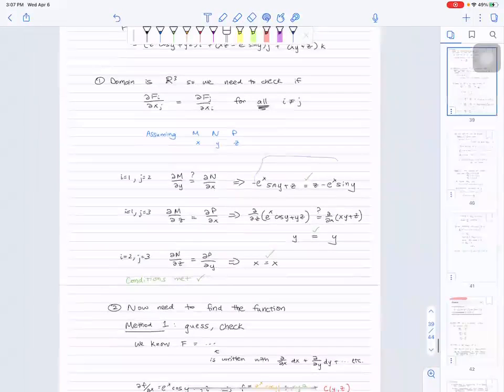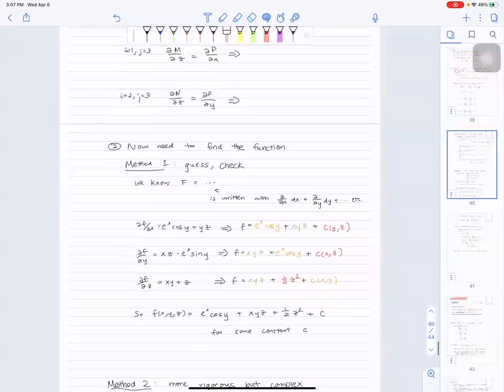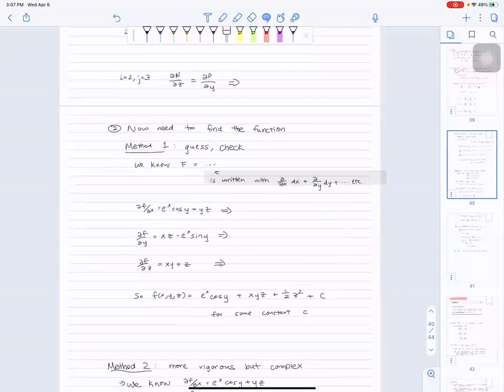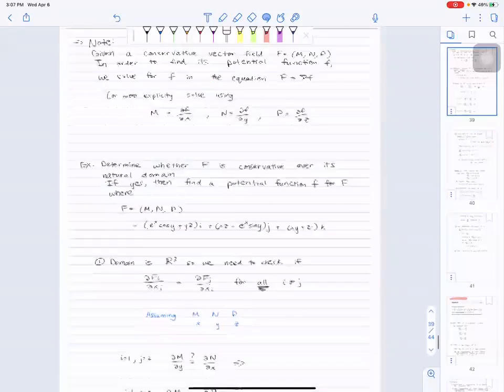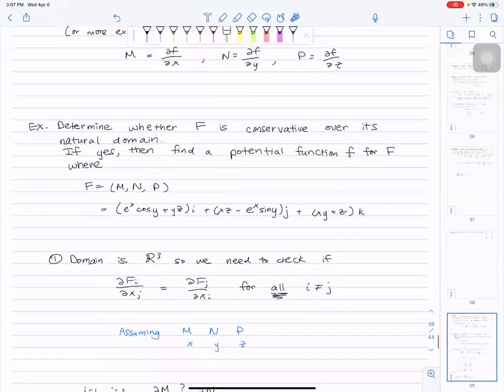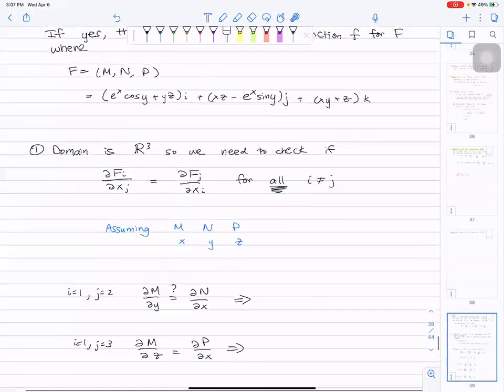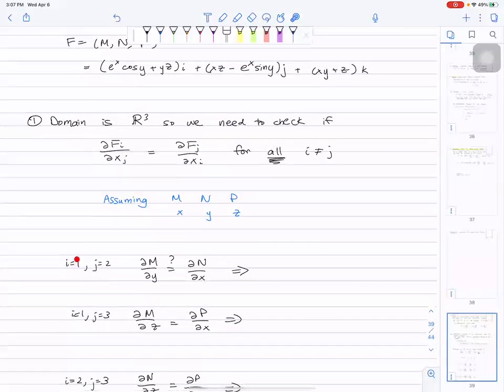Okay, so let me get rid of this. So they give us a capital F. Capital F is defined like this. This is our M, our X component, i hat, plus this j plus this k. We have to determine whether all these partials are equal for all i not equal to j. What does that mean? How many different things do we have to test? If i is 1 and j is 2,